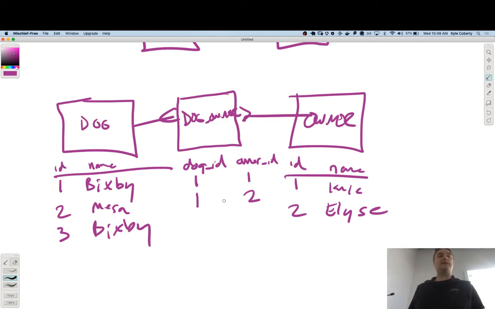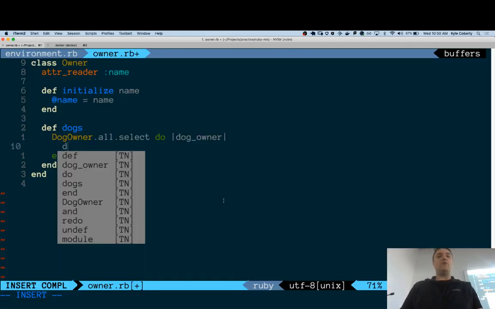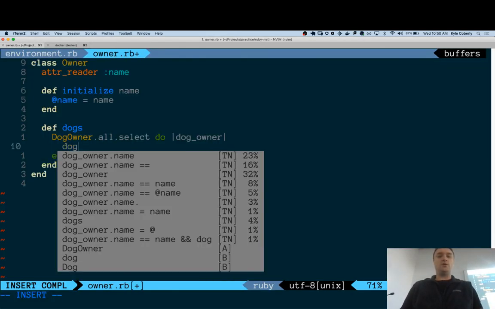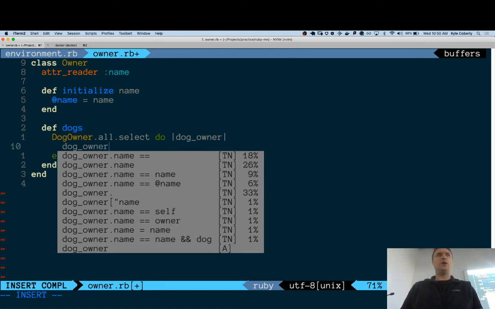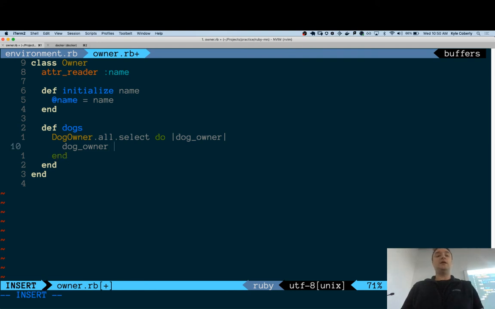In our case, that's like the object ID for the object. Okay, so I want one where the dog owner, what? It's equivalent to self, not the ID, is equals self.